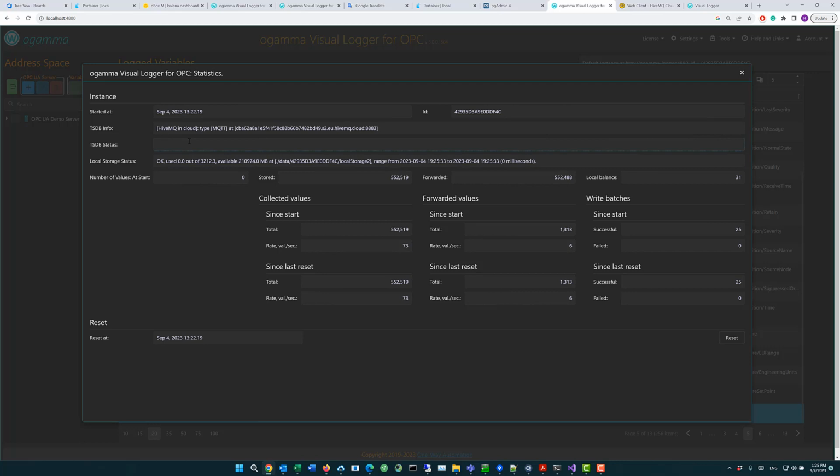Sometimes it doesn't always show that status, but one of the major indicators is how many values we have in the local storage, not forwarded yet. So if it's low, then it means we're okay. These settings show us, for example, how many variables were collected. This is the total from when it was running earlier and collecting with another configuration. So now we want to reset these settings so they do not affect our current statistics, and we can see that